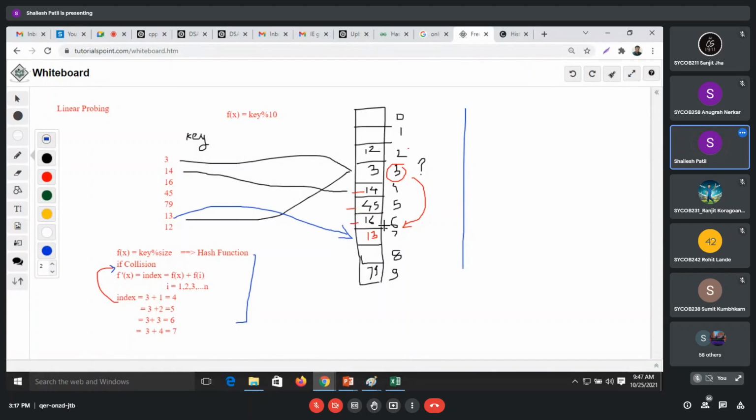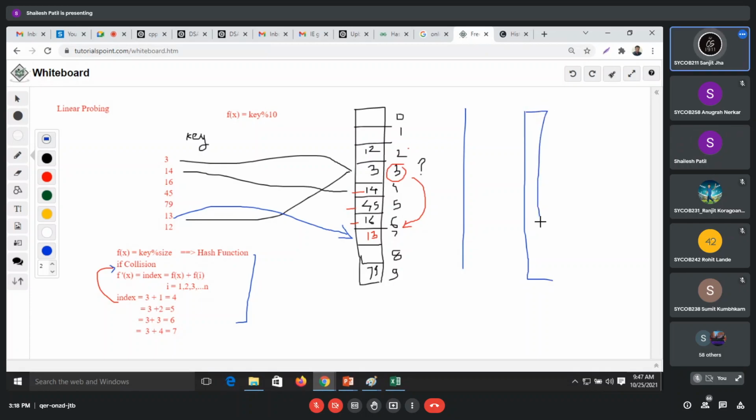So tell me, by looking at this approach, how will we find that this element is not present in the list? Suppose I have another array. You can think on that. I will just draw one small array.